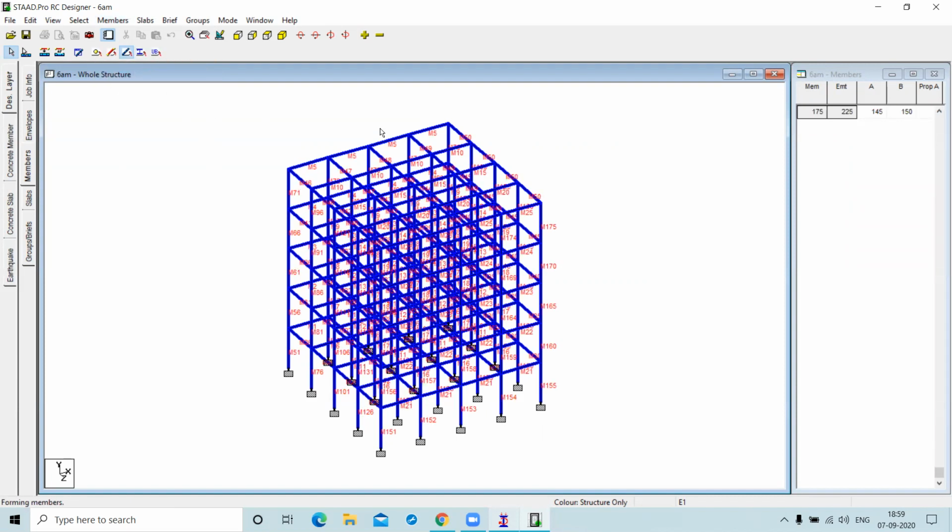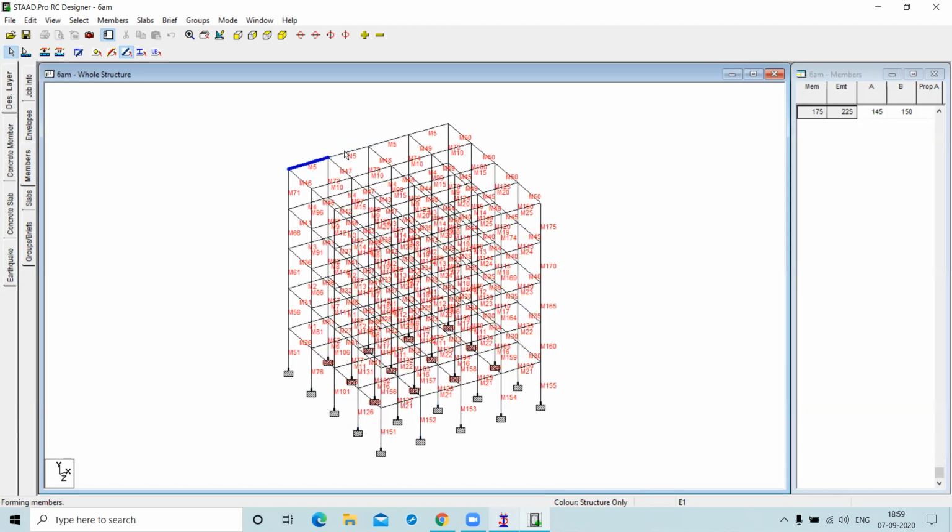Some numbers appear on our screen in red color after applying Auto Form Members. See what the members are. This member, this member and this member are in the same phase.